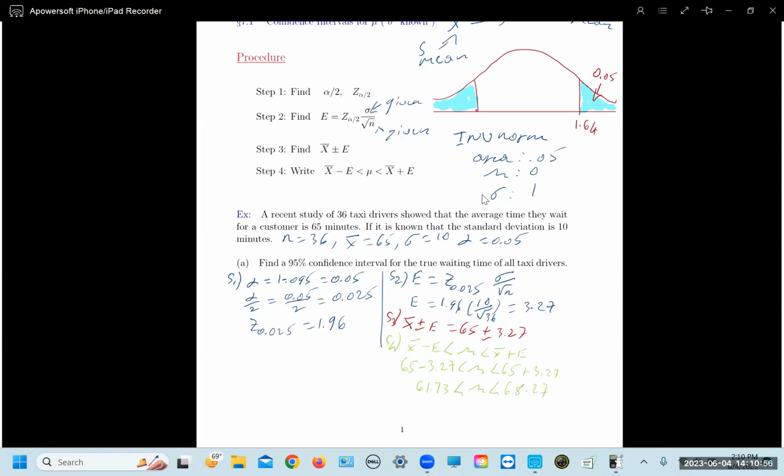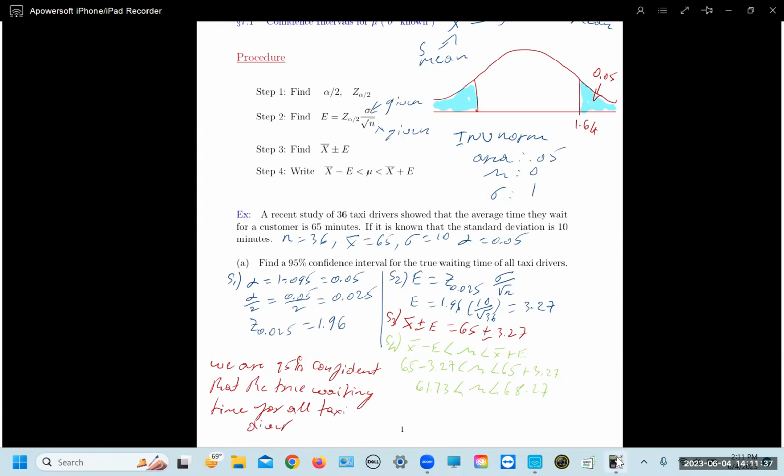So the conclusion: we are 95% confident that the true waiting time for a taxi driver